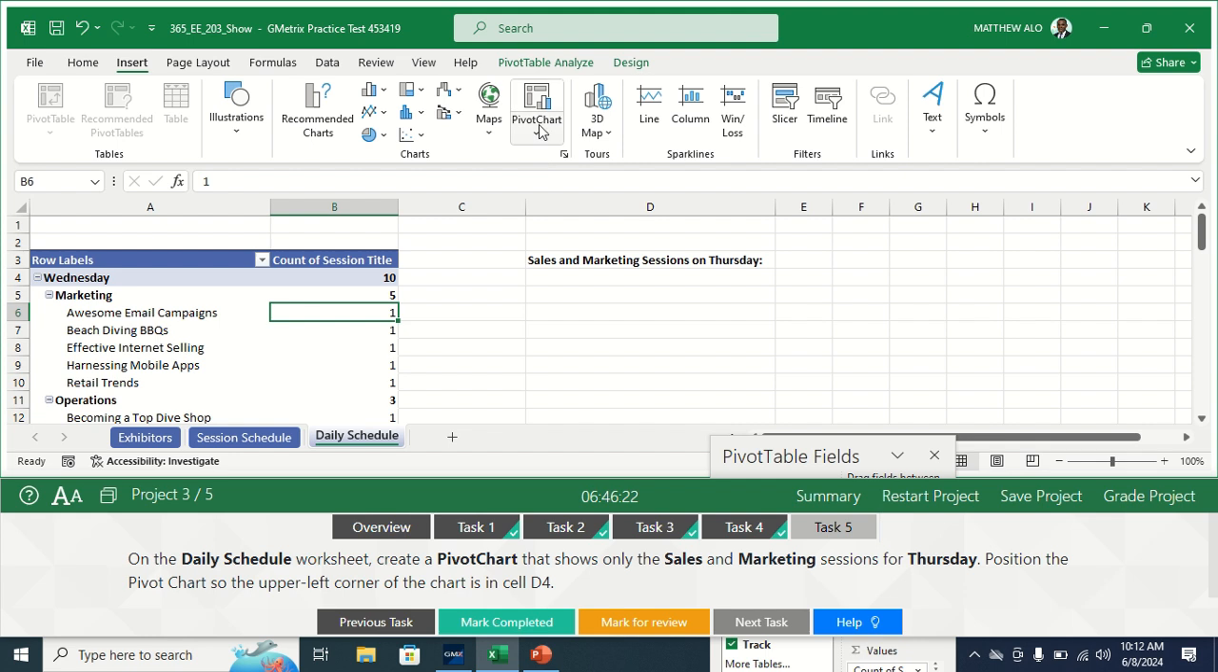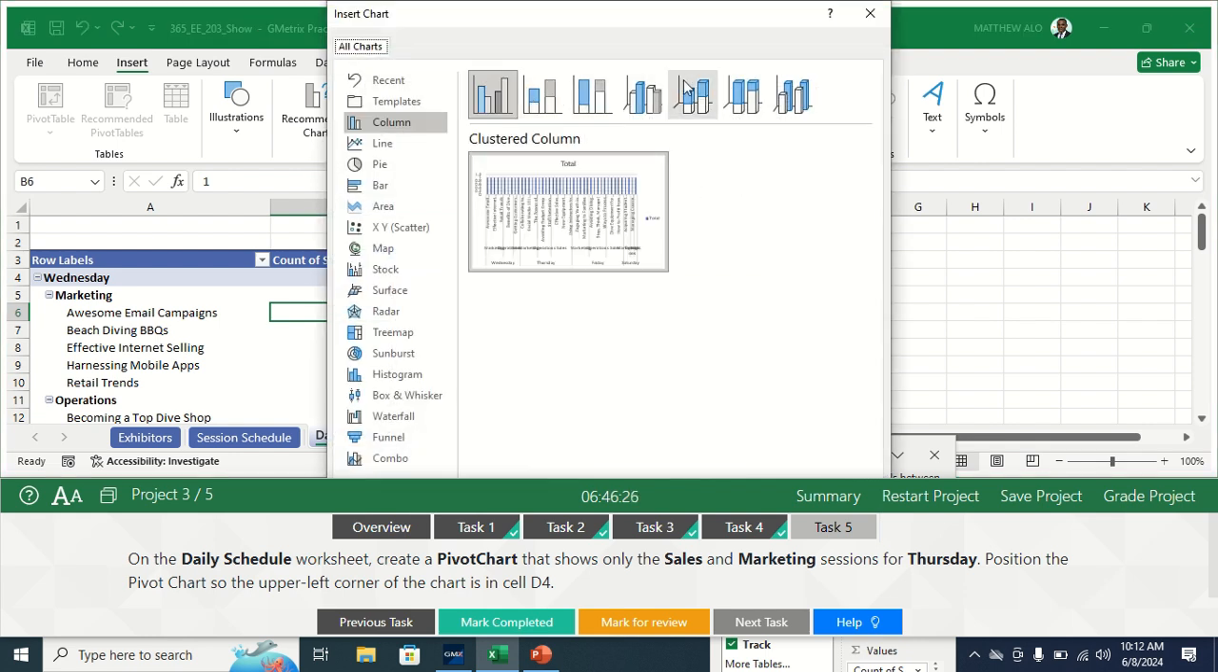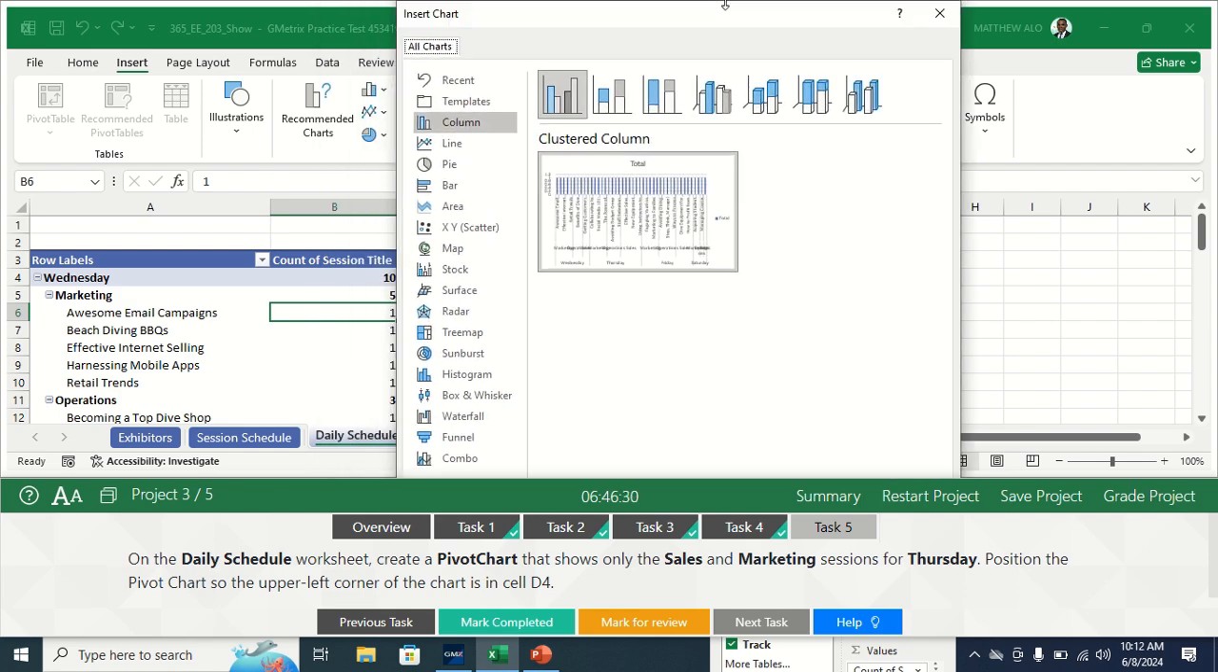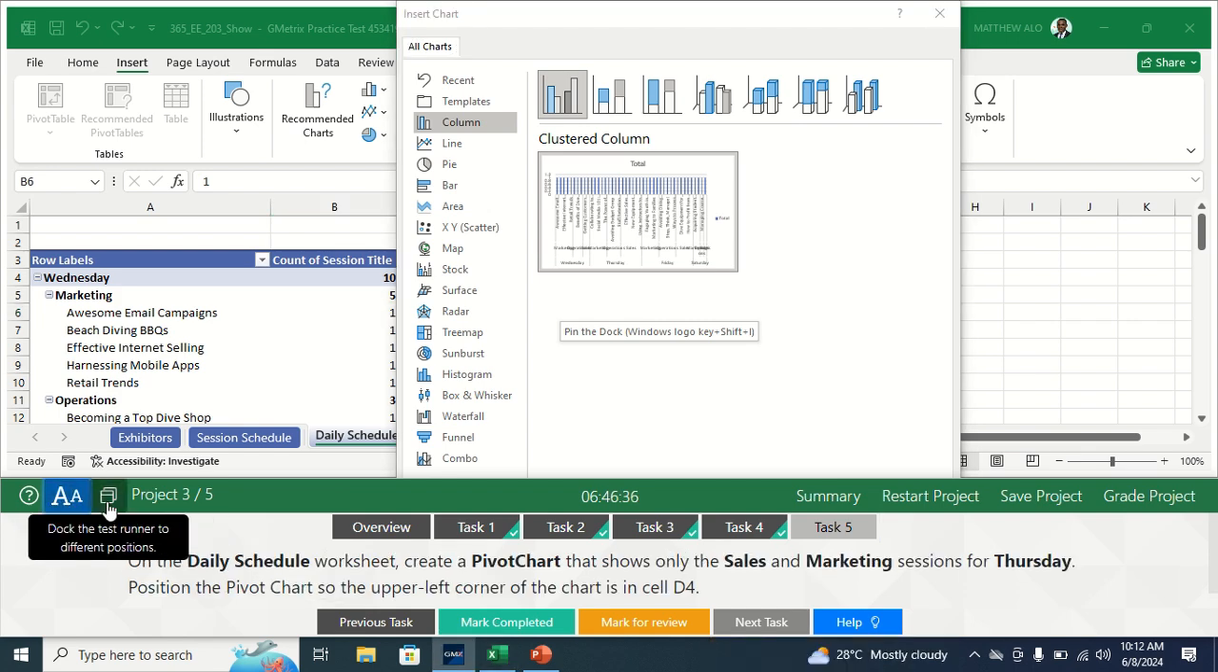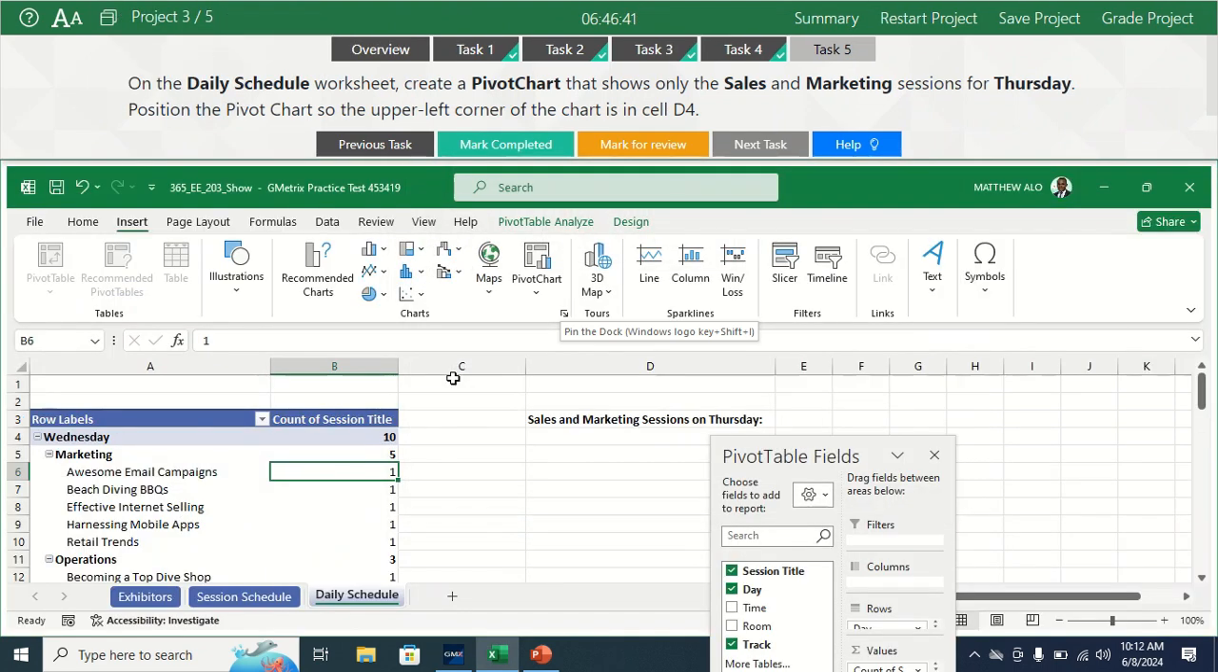So now go to the pivot chart, select this first, then you go to the pivot chart. Okay, let's lock this to the top. Okay, so